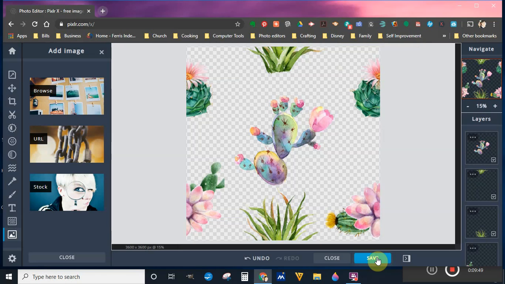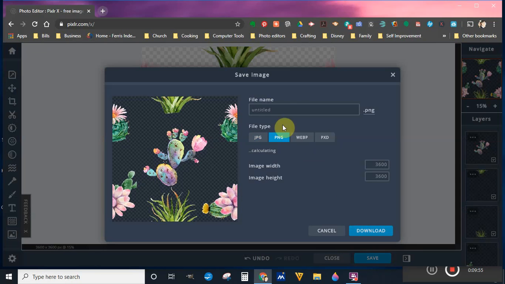So I'm going to save it. And my computer's really slow. I've tried to clean it up, done a disk cleanup, but apparently it's really, really full. My download folder is like chock full of images, and I'm not sure if I want to delete them all. So anyway, I'm going to label this